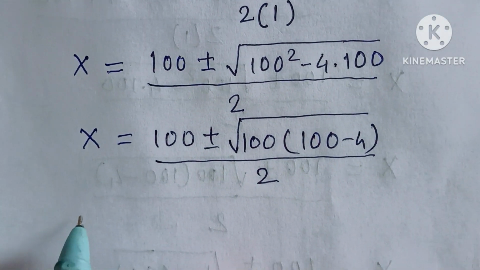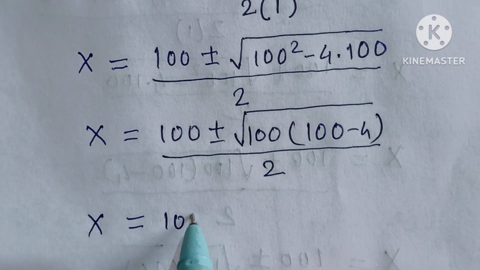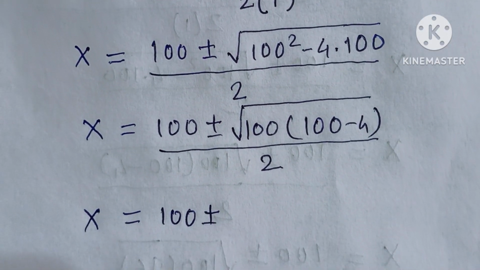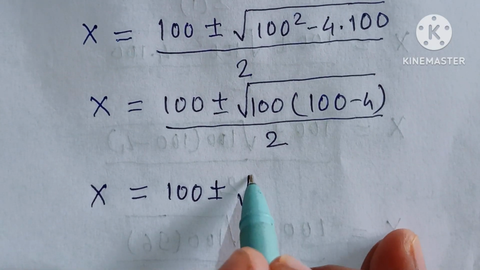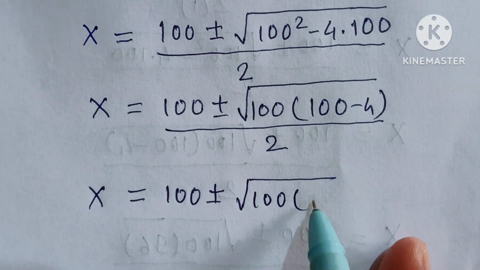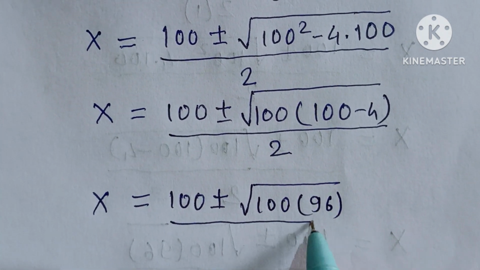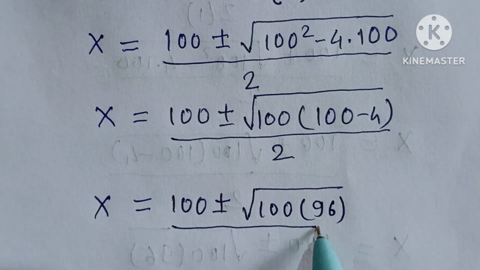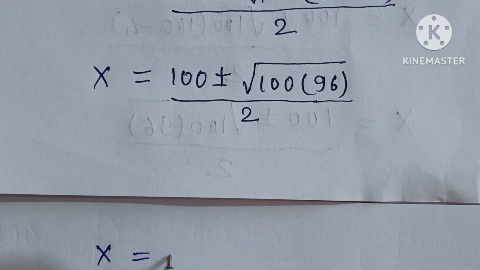Now x equal to 100 plus minus, now here under root 100 minus 4 is 96, divided by 2, is equal to